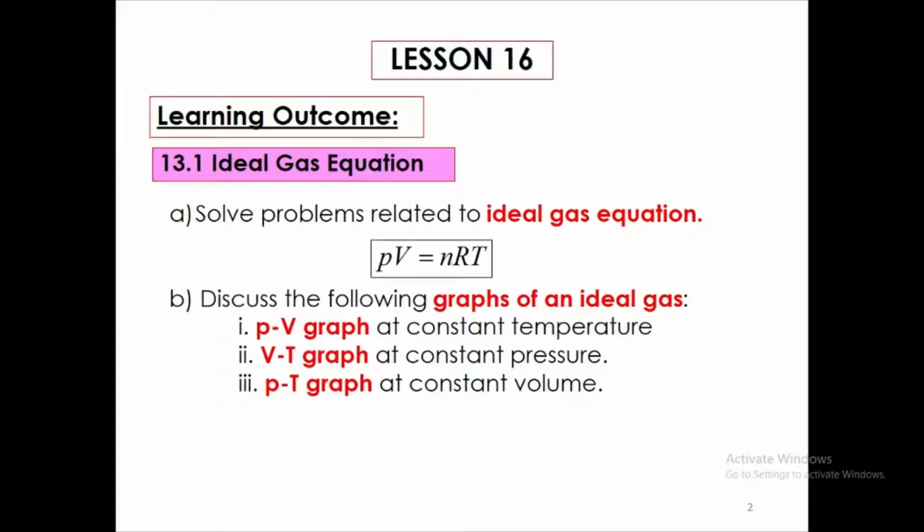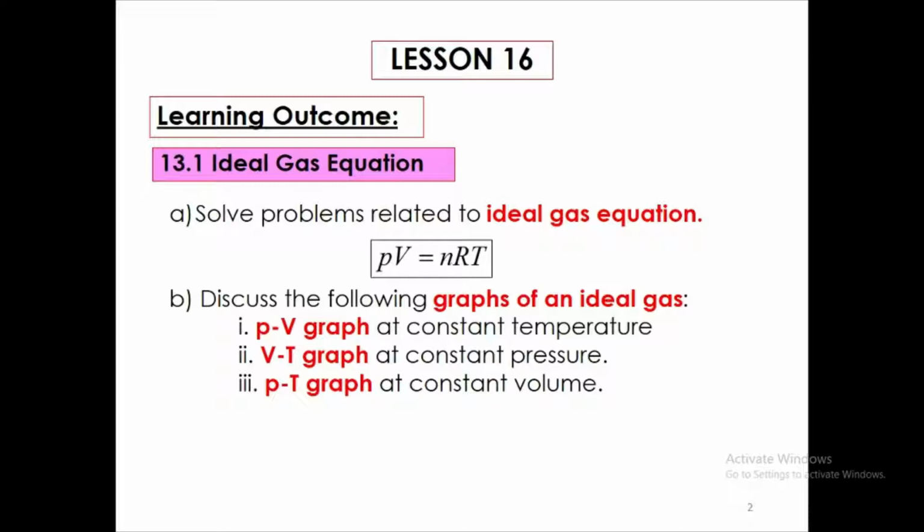Okay, so this is lesson 16. The first learning outcome is for subtopic 13.1, the ideal gas equation. So the first learning outcome for this 13.1 subtopic is to solve problems related to the ideal gas equation PV equal to nRT,